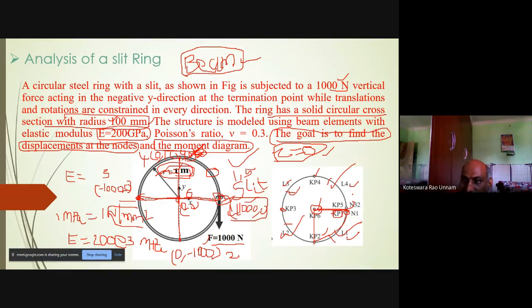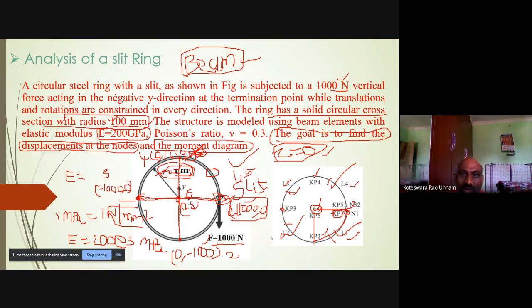I'll show you how to do that in the software. Then, let us say I want each line divided into 10 elements. I'll give the number of divisions on each line as 10. If I want 20, I can give 20. As per our requirement, we can give it. Once you've done that, the lines are automatically converted into nodes and elements.